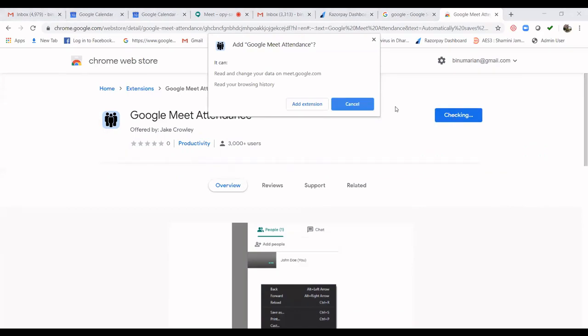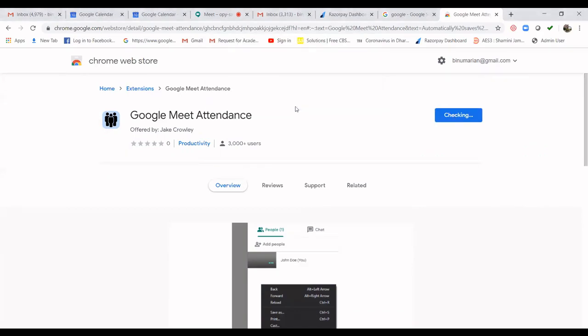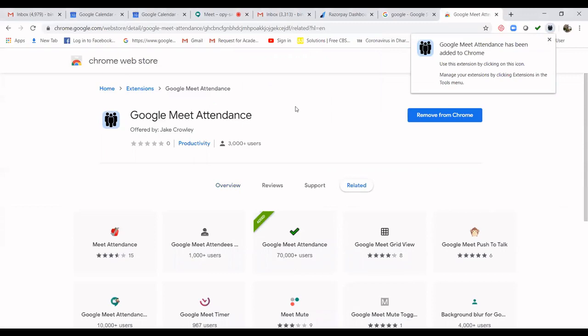Add extension, now we are adding an extension to Google Meet. In a similar way, there are many other extensions which can be added to Google Meet. If you want to see more participants in a meeting, you can add the grid extension. And if you want hand raising kind of facilities, we can add the extension. Depending upon our requirement, we can add more and more extensions to our Google Meet, and it will have more functionalities.